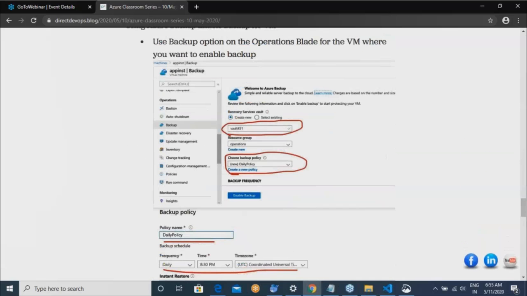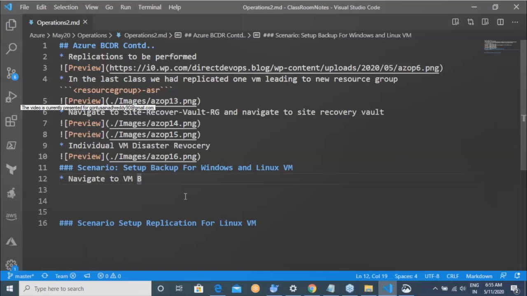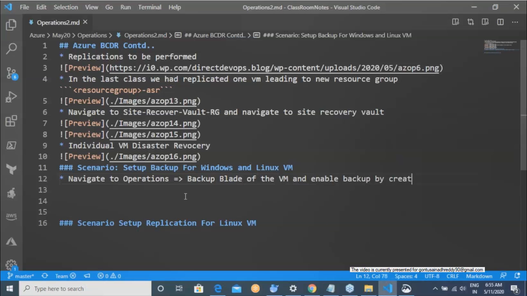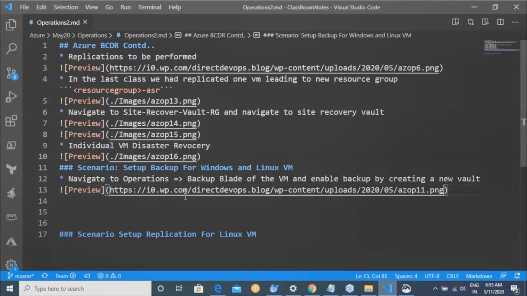Yeah, there are already images. Navigate to the operations, backup blade of the VM and enable backup by creating a new vault. So at least the screenshot was available yesterday itself. Right. Let me remove this.